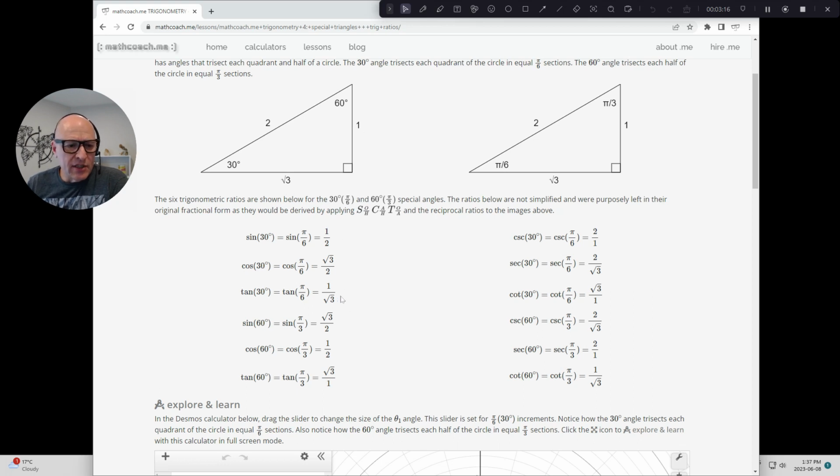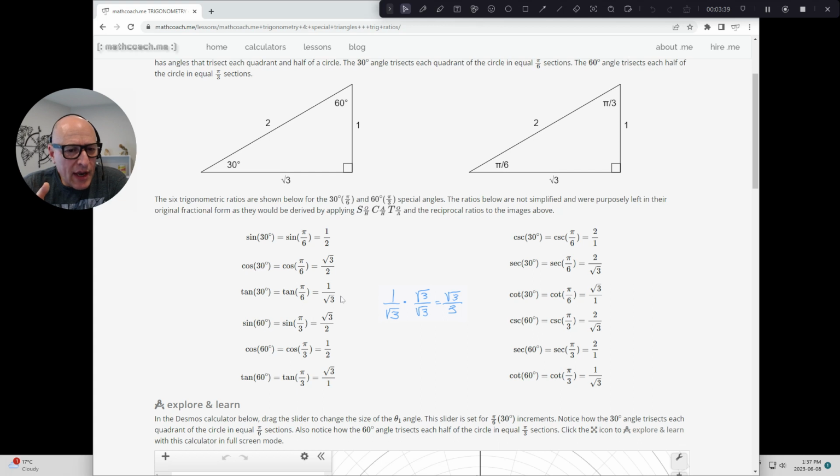Now, let's talk about this for a moment. This is considered bad form. I purposely left it here with a radical in the denominator. That's the bad form, right? Typically, you would multiply this by root 3 over 3 and end up with root 3 over 3. Okay, so